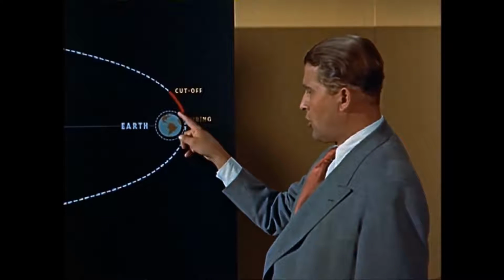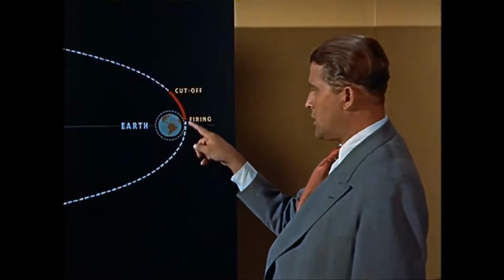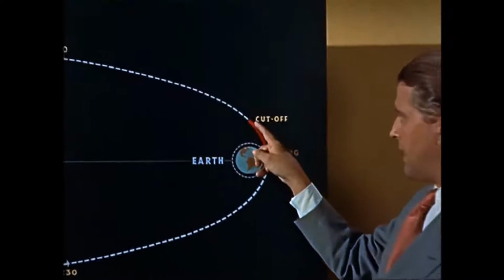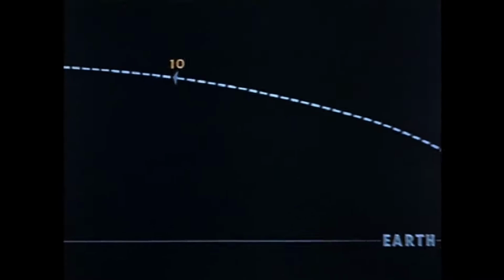For the rocket to leave the orbit of the space station, its speed will have to be increased by firing the rocket for a brief period of 10 minutes. The ship will then coast for 5 days. The Earth's gravity begins to slow the rocket down